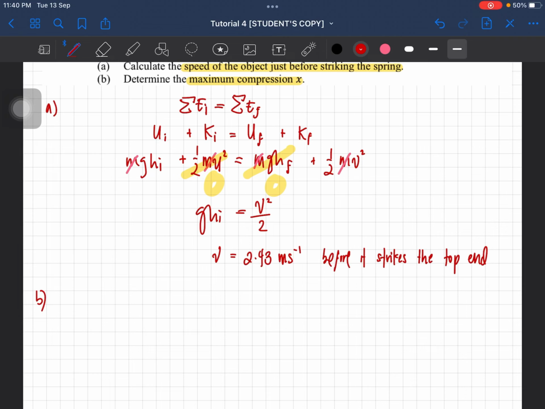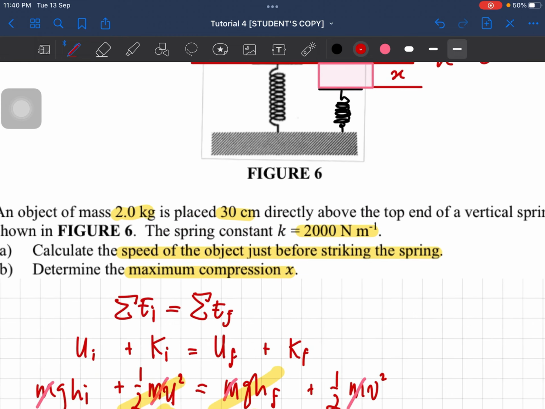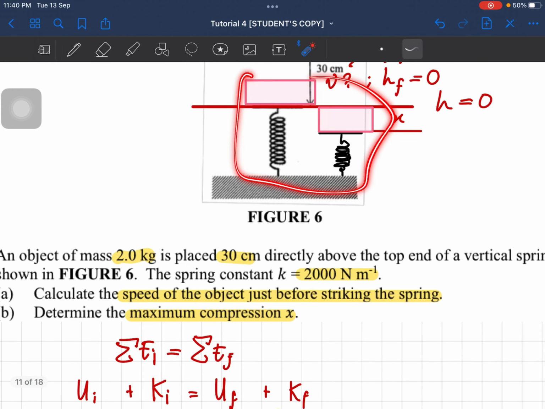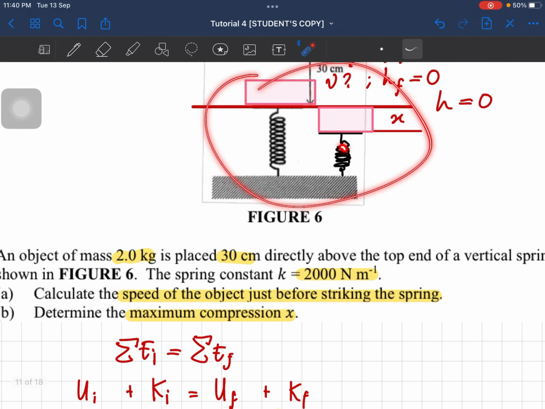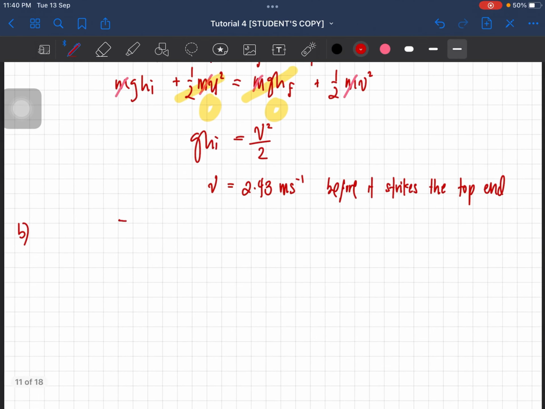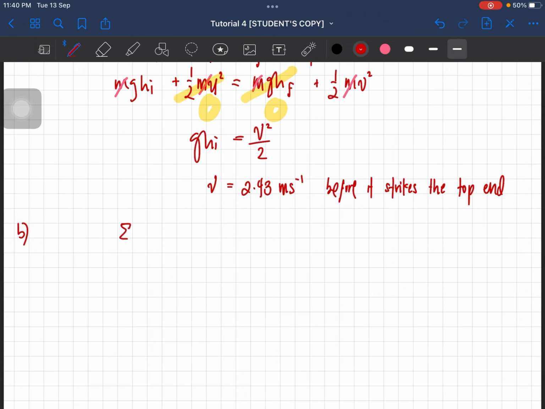So this is for the second situation, where we are going to consider the spring and the block, this situation here. Okay, so when there is a spring, in our equation of conservation of energy, we have an additional